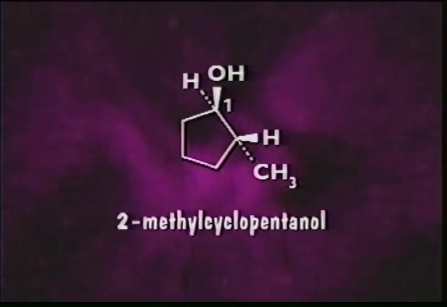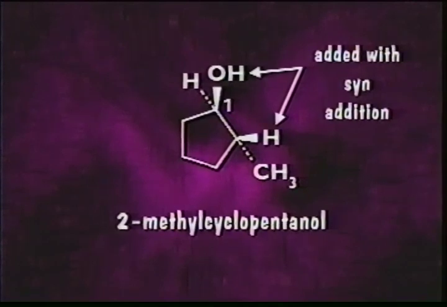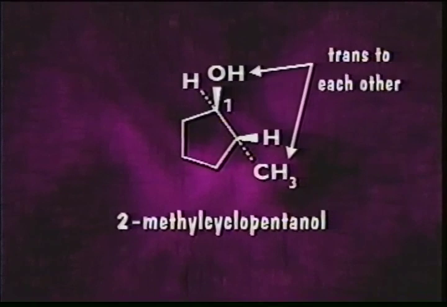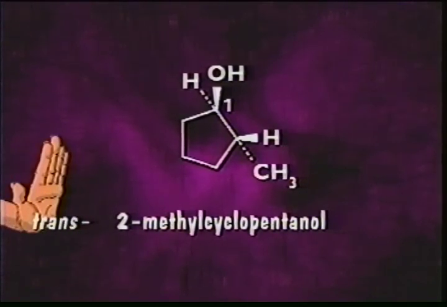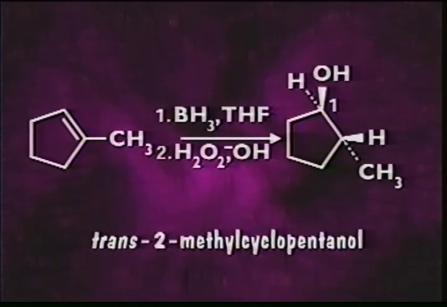2-methylcyclopentanol. But even though the proton and the OH group that added to the alkene to form the final product added with syn addition, so that they are cis to one another, the methyl group and the OH are trans to each other. So we have to tell everybody that, and we do it by adding a great big old trans to the front of the name. The final product of the reaction is trans-2-methylcyclopentanol because there's a hydroxyl on carbon-1 and a methyl on carbon-2, and the methyl and the hydroxyl are trans